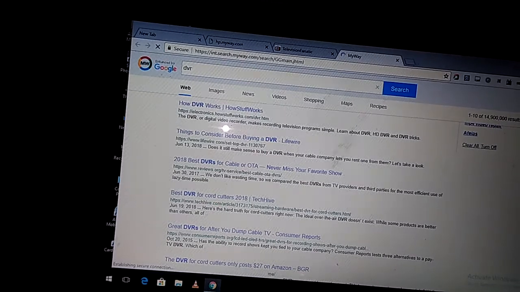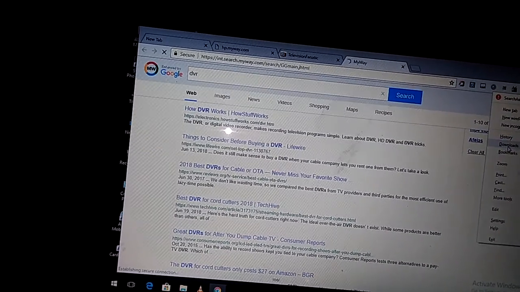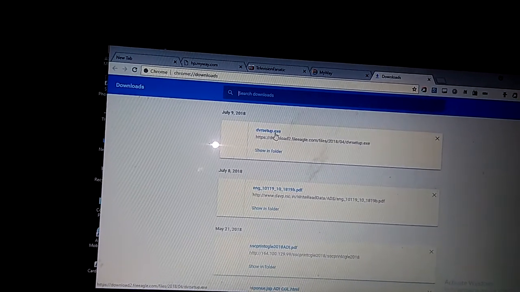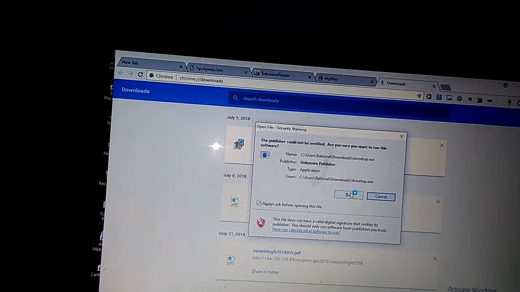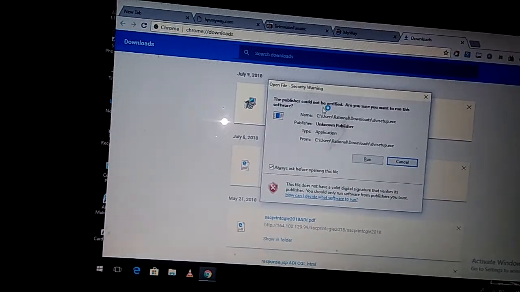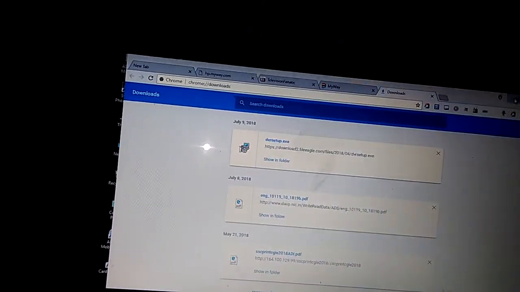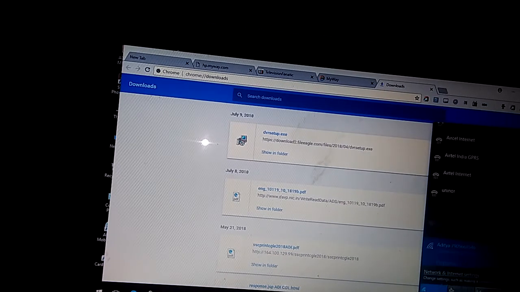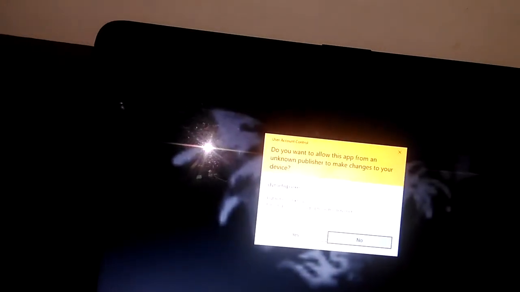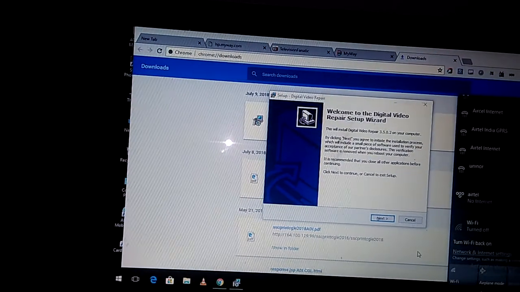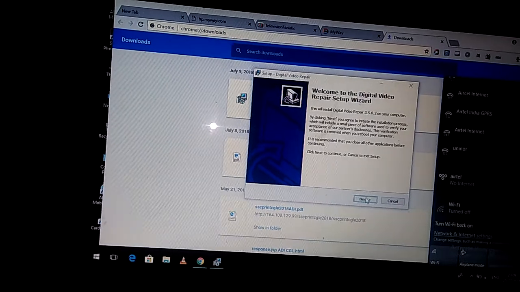Okay, and then you have to come down to your downloads list, and here you can find your DVR setup. Okay, I have already downloaded and installed it. The publisher could not be verified. Are you sure? Run, then close your Wi-Fi. Yes, I have closed my Wi-Fi. This is, and next